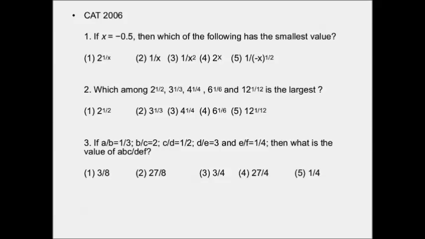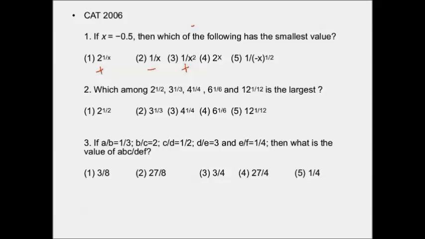So let's come to the first question. X is given as minus 0.5, then which of the following has the smallest value? So X is a negative number, first of all. Option 1 says 2 to the power 1 by X. Because 2 is a positive number, whatever power of 2 you take, it has to be positive. Second option is 1 by X, which must be a negative number because X is negative. 1 by X square has to be positive. X square is positive, 2 to the power 1 by X is positive, 1 by X is negative,